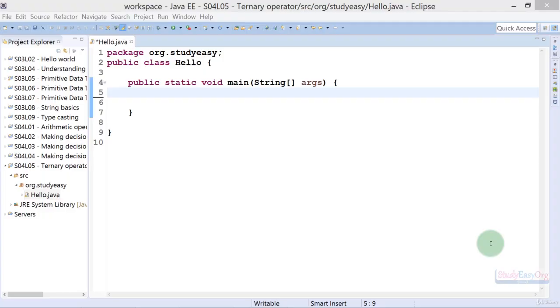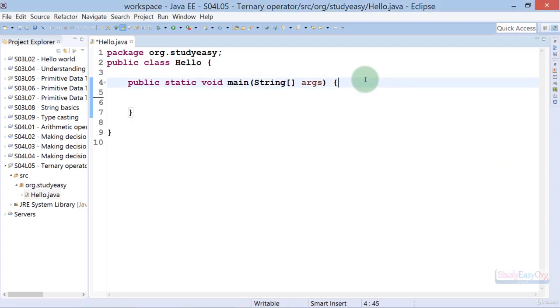Hey there, welcome back, and in this video we will check out the ternary operator. As the name suggests, this operator will operate on 3 operands. Now we have already checked the binary and unary operator examples. Let me revisit the binary and unary operator, and that will give you a better understanding to understand the ternary